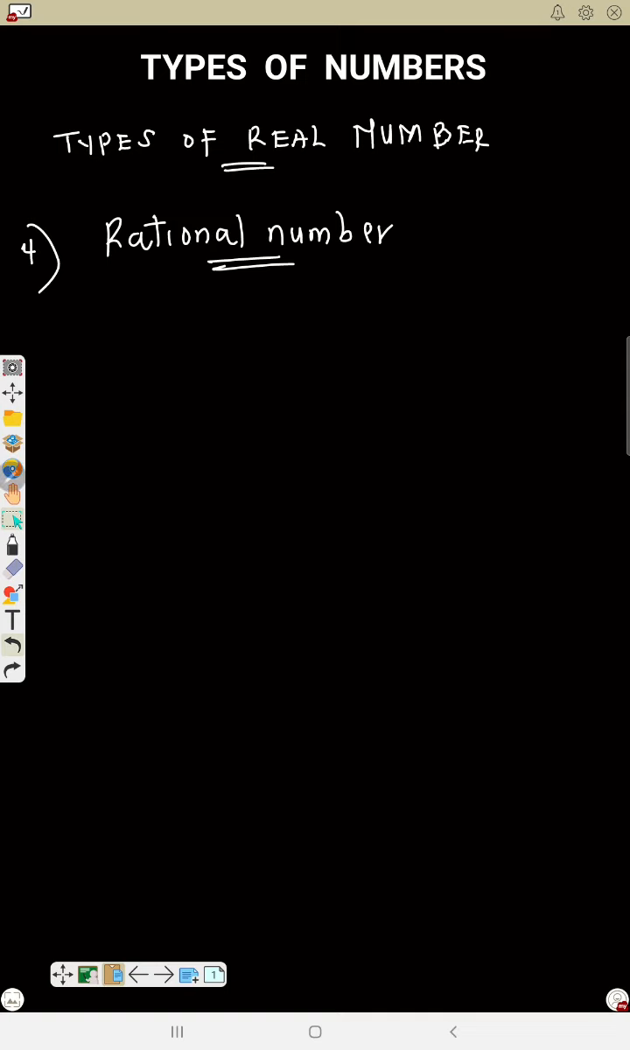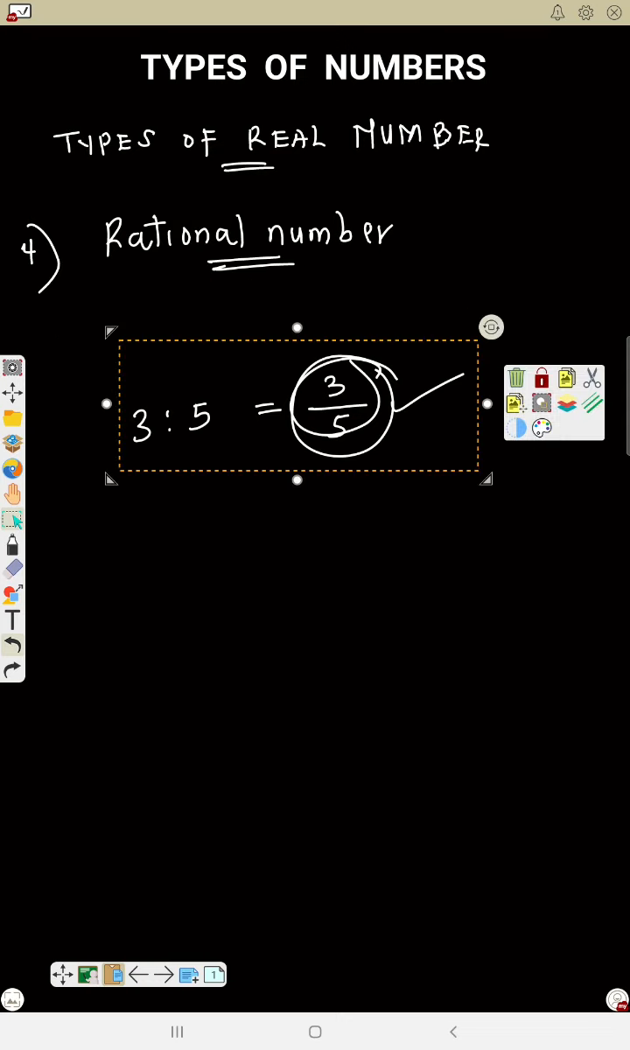The term rational comes from the word ratio, because rational numbers are the ones that can be written in the format of a ratio. If I have 3:5, it's the same thing as 3 divided by 5, and this is a rational number because we can express it as a fraction. Now a rational number can be written as a terminating or repeating decimal, such as